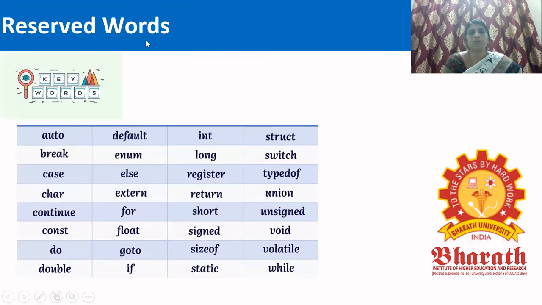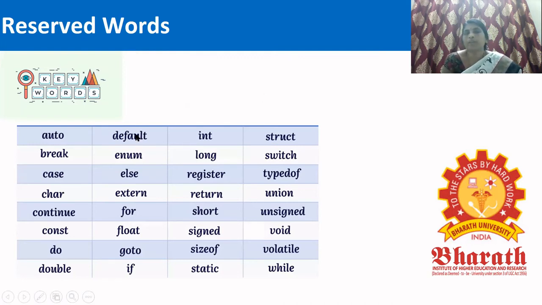Next, we discuss reserved words. Reserved words are nothing but the keywords. The keywords are the words that are understood by the C language. The words that are specifically for the C language should not be used as variables.